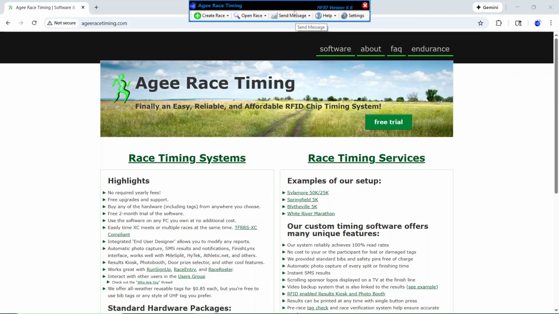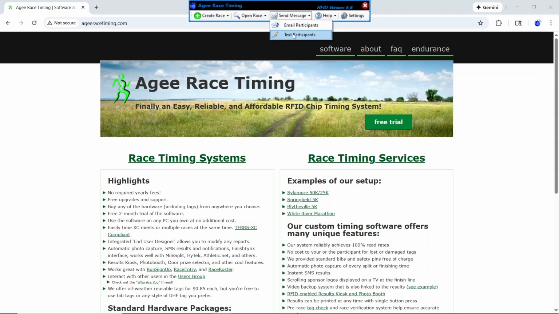The send messages screen, I don't ever come into here, but this is something. If you put your email credentials in the settings screen, or if you are an Endurance member and have the Twilio integration set up, you could actually text or email every participant that you've ever timed. Maybe you want to send out an announcement of an upcoming race, or you can send a message to all participants of a particular race to inform them of any previous announcements or where to find results after the